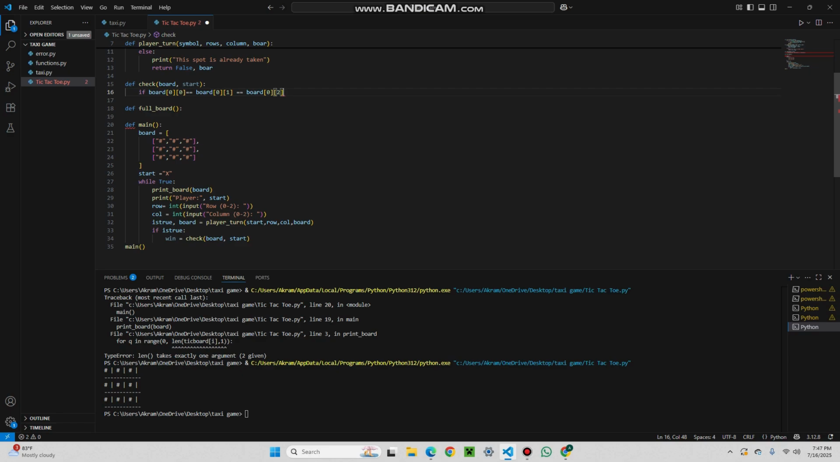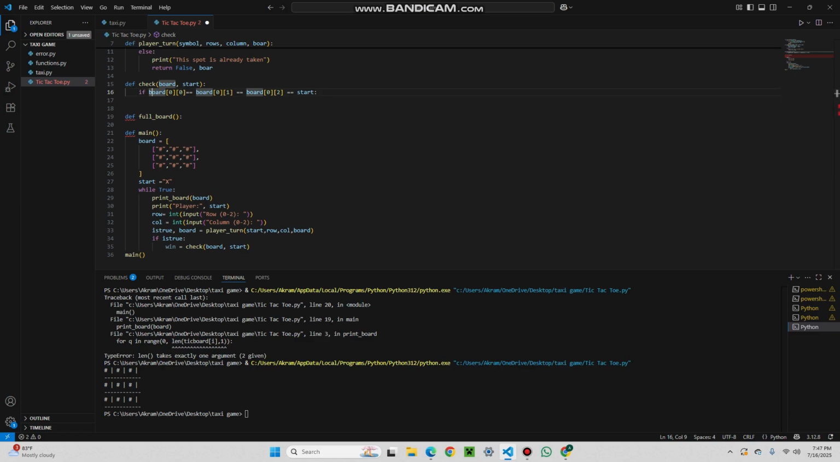Two, and is equal to start. So basically what this does is it checks each one, and then it will check if they're all the same, like let's say X. If they're all X and start is also X, then the player will win. The player that's X would win. Do return true. Oh, no, not that. And then basically it's just this